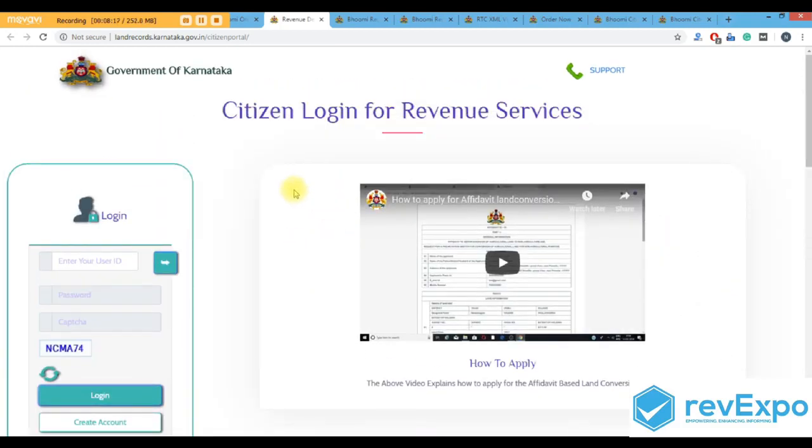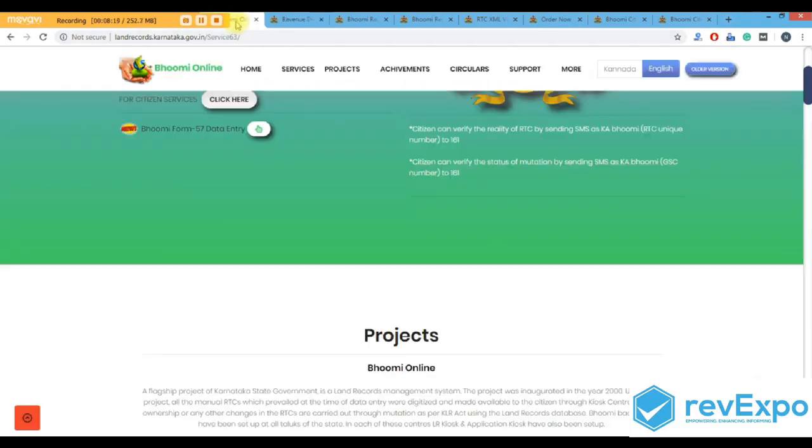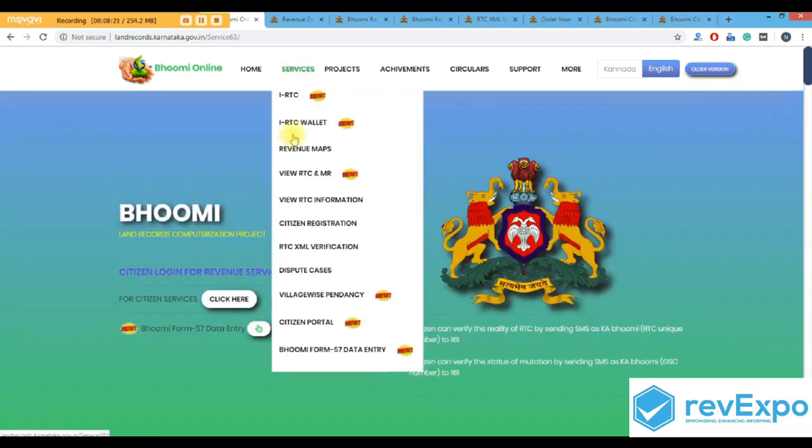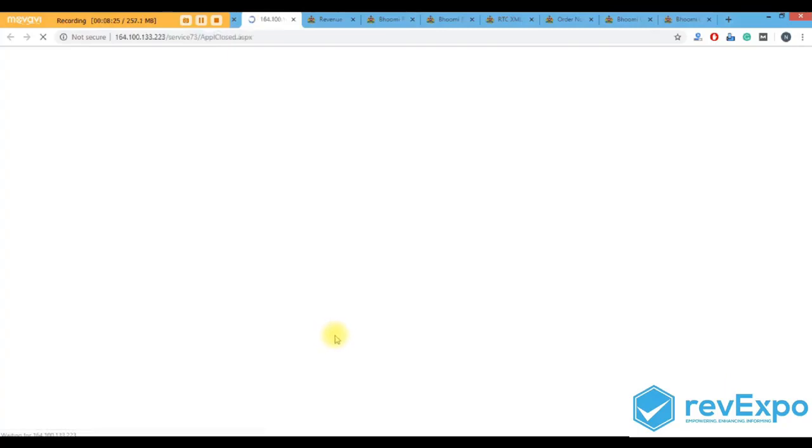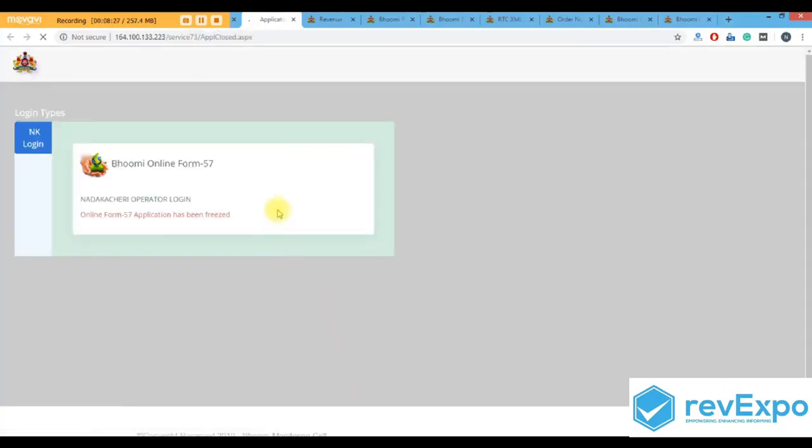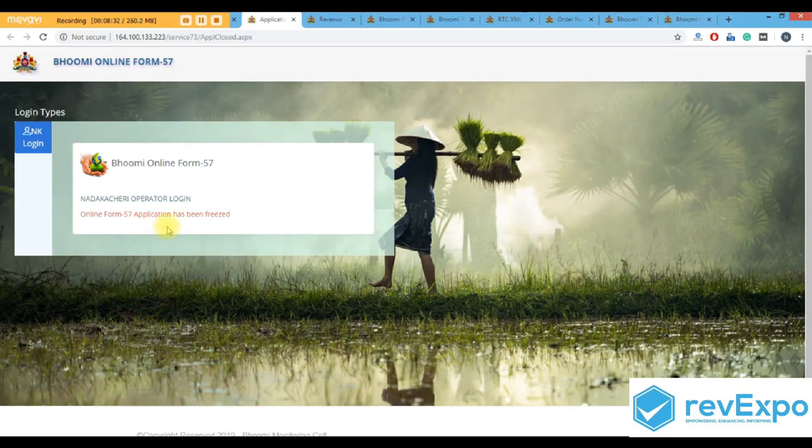And you can download the Pahani information. And the last service we have is Bhumi Form 57 data entry. Okay, so it seems this particular page is not accessible and it is closed.